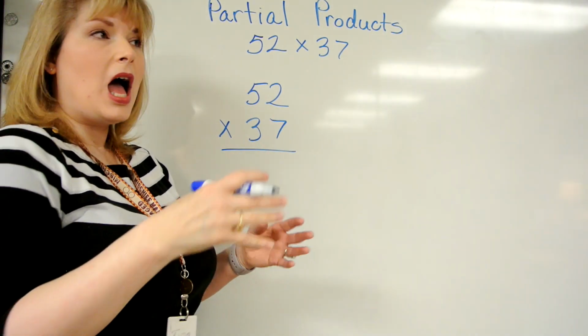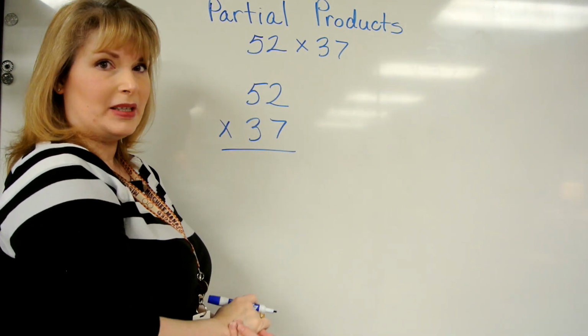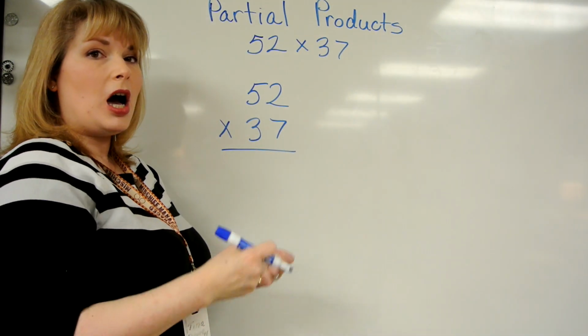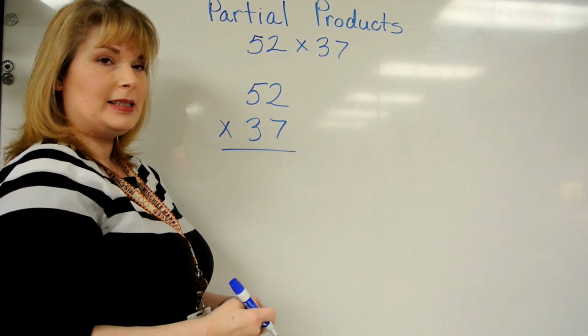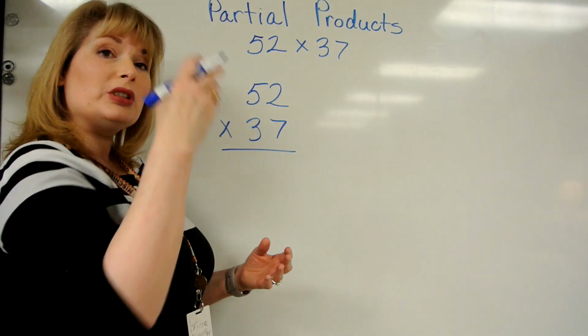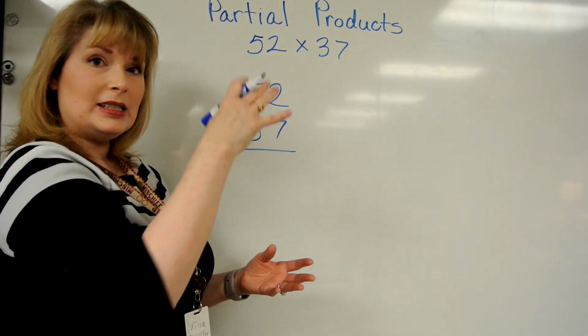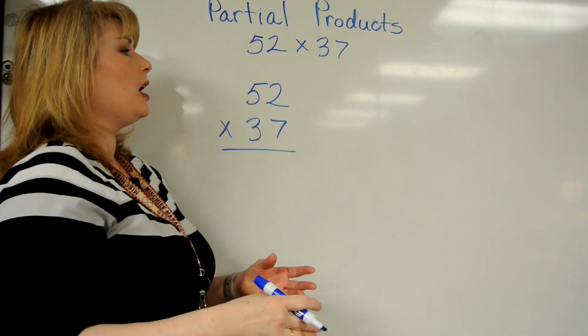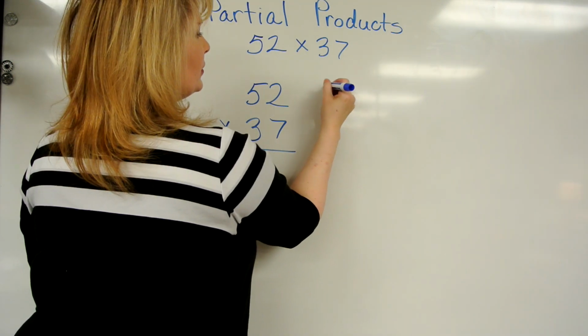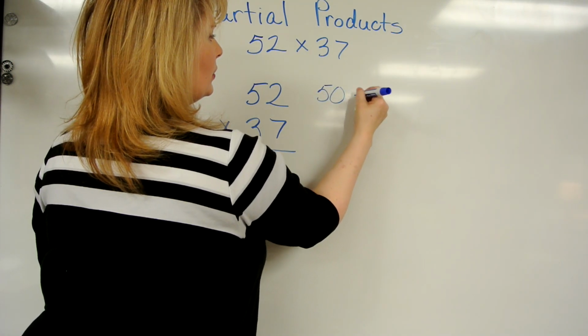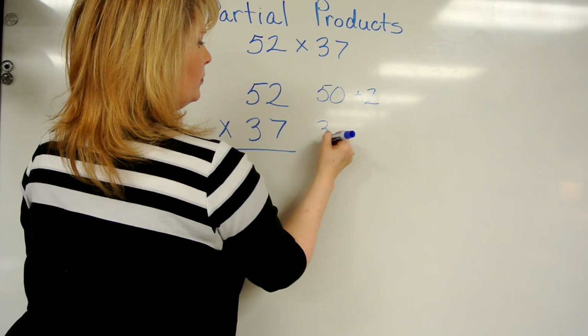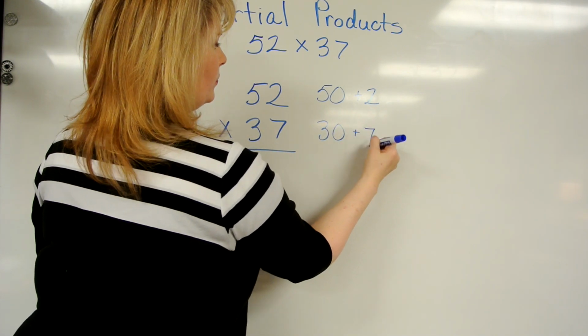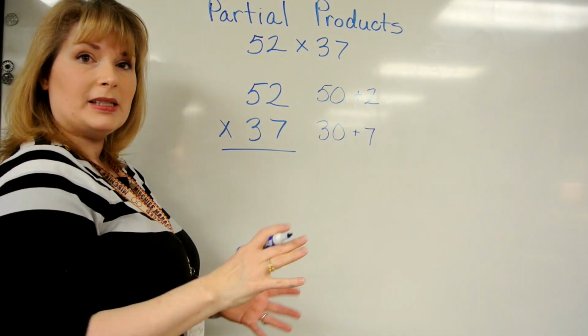But again, I'm not just teaching multiplication. I'm teaching understanding of the concept. I want them to literally in their head see these numbers for what they really are. So over here,